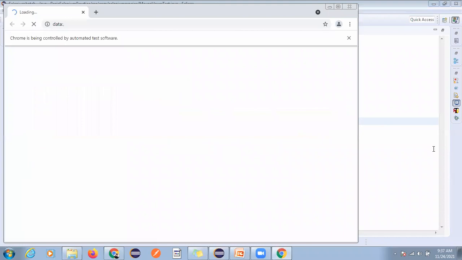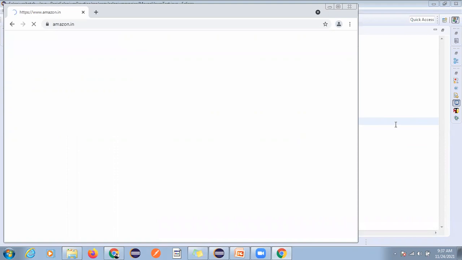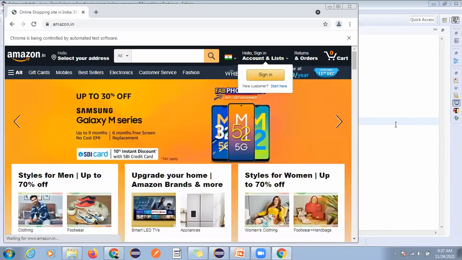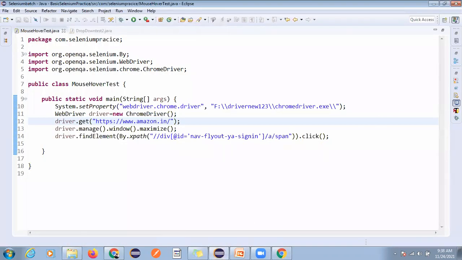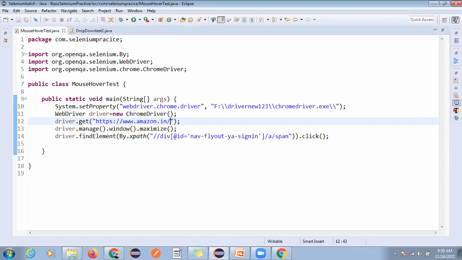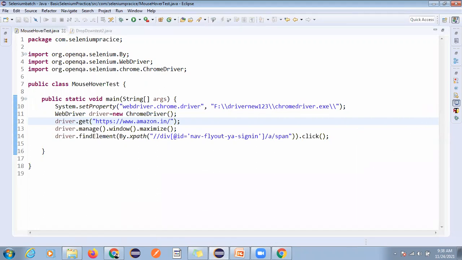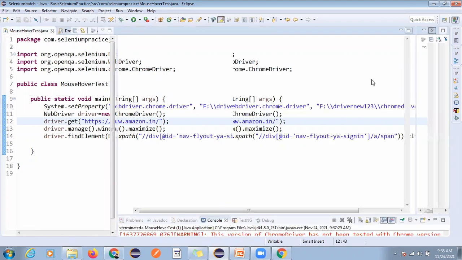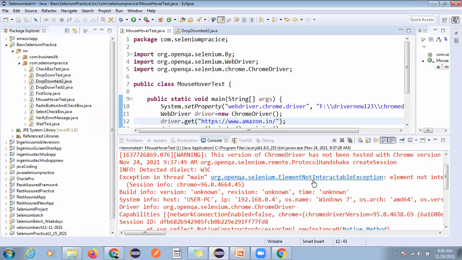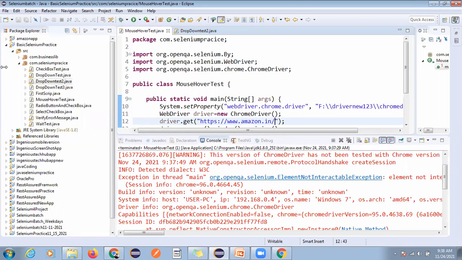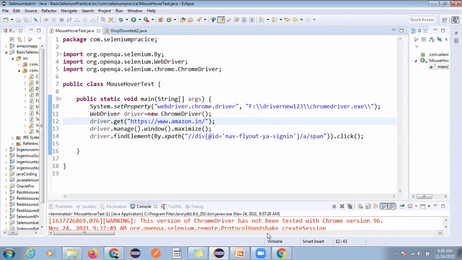It launched, and you can see I did not perform the mouse hover, and we are trying to click. If you try to click without doing the mouse hover, you will get an error. Let me show you on the console. Once again, you can see ElementNotInteractableException, because we did not perform the mouse over. So first you have to do mouse over, and only then can we click.